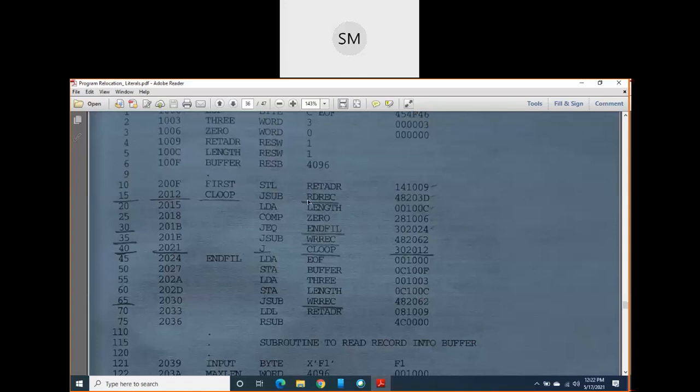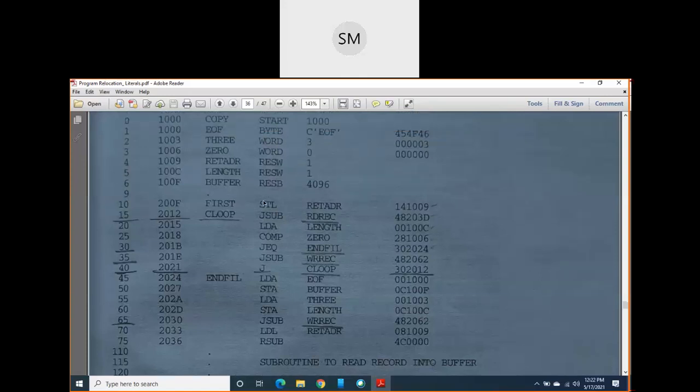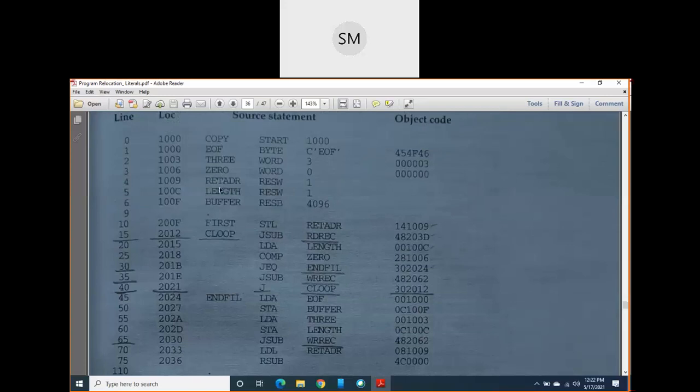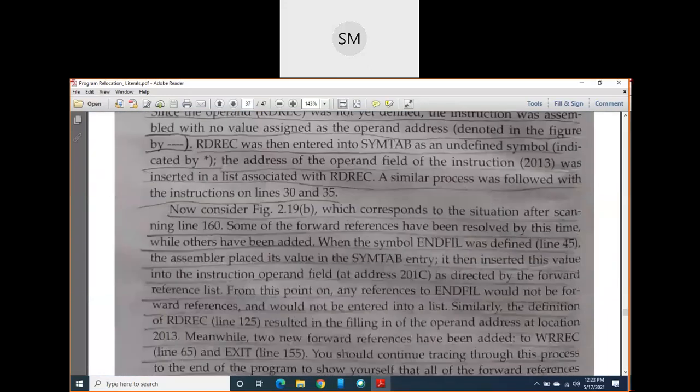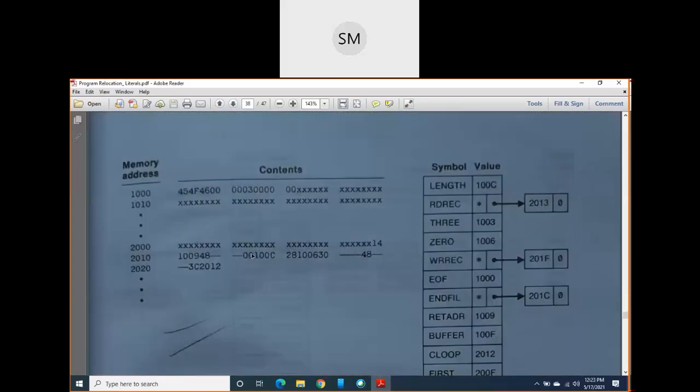Then sir, how did you get this address of RDREC? Because here we have not defined it, correct? See, now this RDREC is marked as undefined. It means it has not yet been defined, so I don't know the address of RDREC. So what I do in this diagram is write only 48.